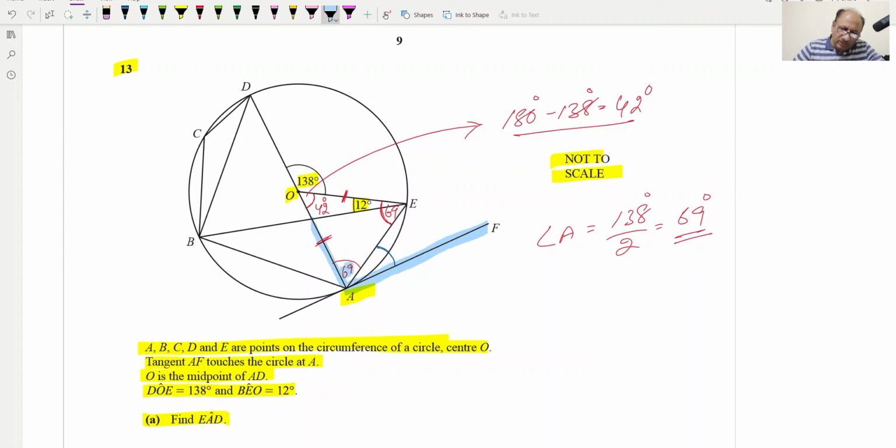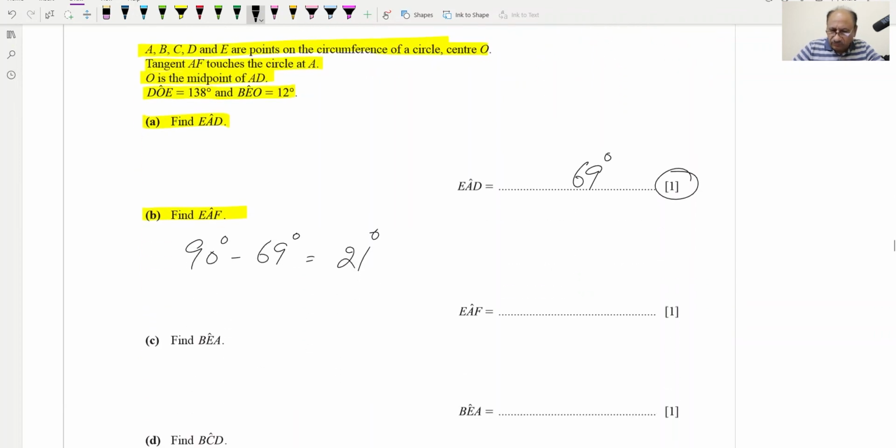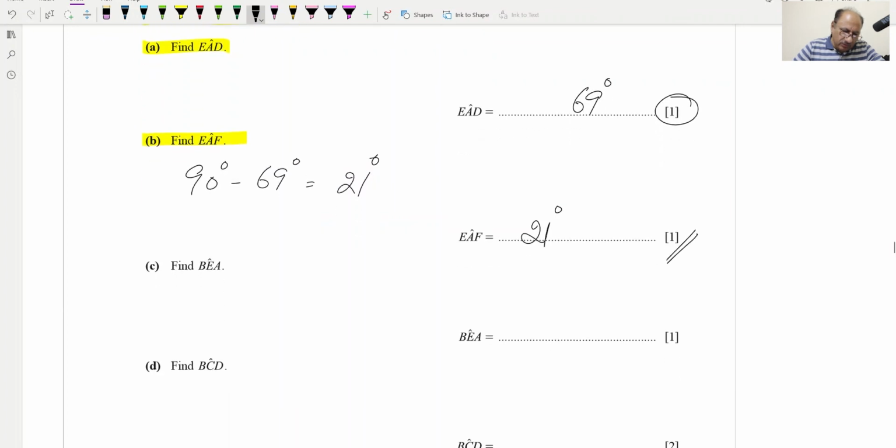So the remaining angle will be 90 minus 69. So here 90 minus 69 degrees will be equal to 21 degrees, and the answer here we will provide as 21 degrees. This is done. Now angle